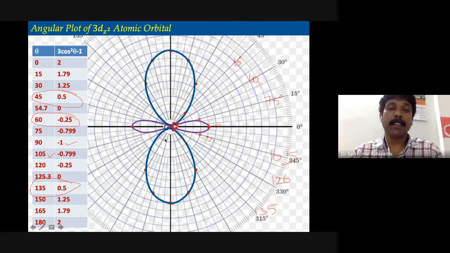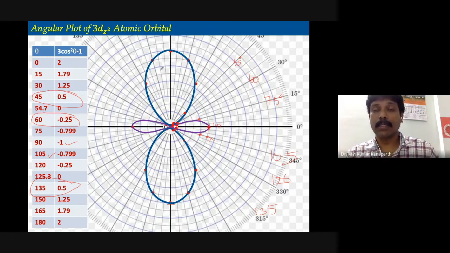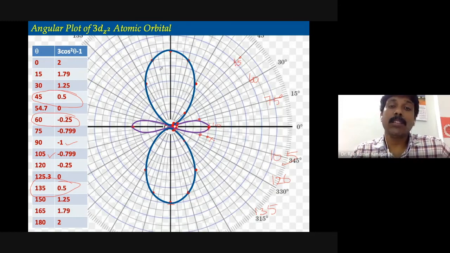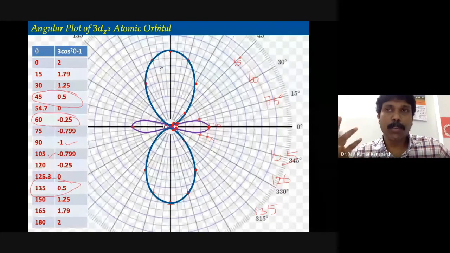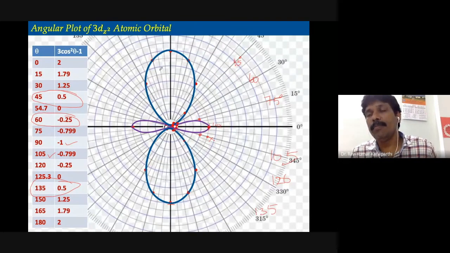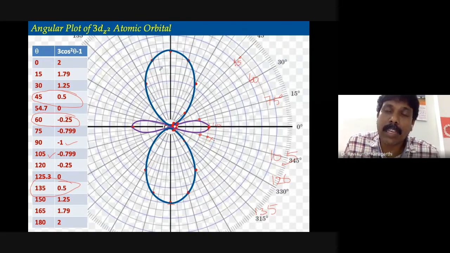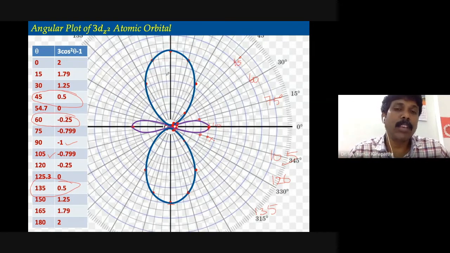And now after drawing all these things, you will have to mark the sign. That is very important. In the last class also I said that marking the wave function sign is very much important. So when theta is varying from 0 to 90, in the case of spherical harmonics of a p orbital, it is positive. Then when you are going beyond 90 degree, it becomes negative. Therefore we have put the positive sign on the upper sphere, and on the lower sphere we have put the negative sign.